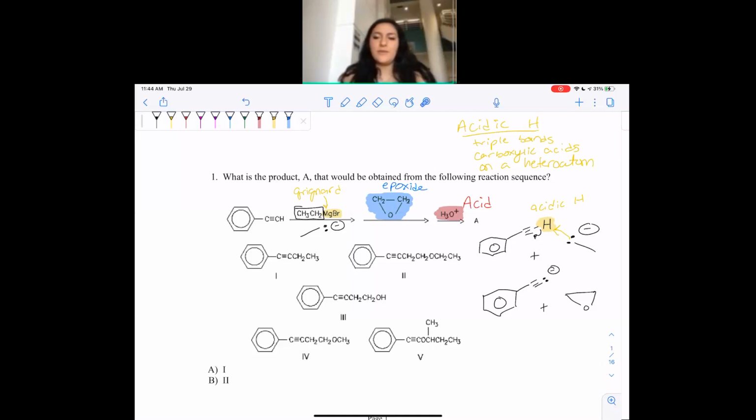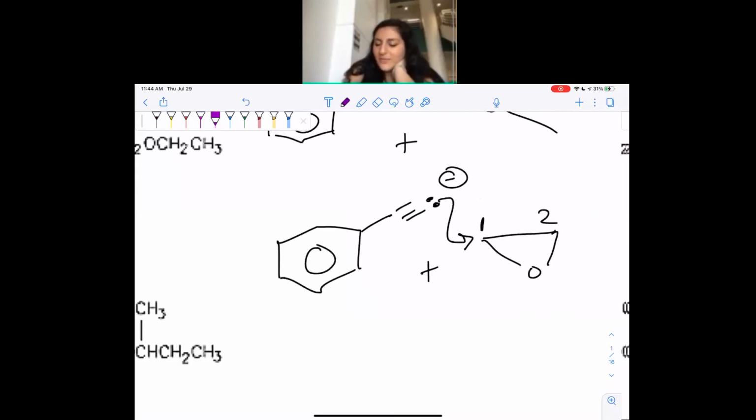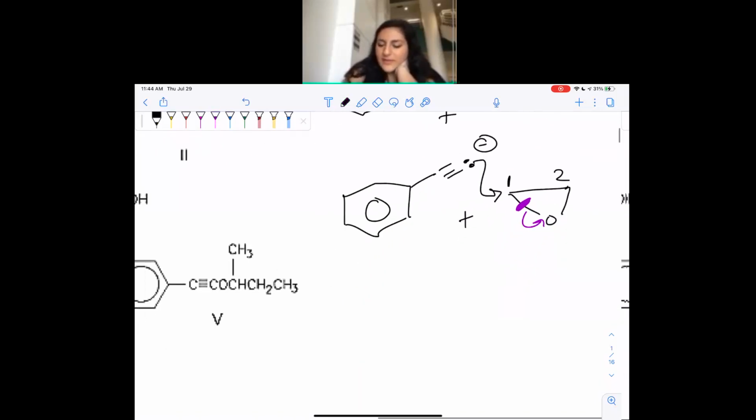Let me restate that: does it matter which side of this epoxide we are going to attack when we break it open? No, exactly, because they're exactly the same. So I'll number 1, 2, just so I can keep track of things. We attack, bam, and whichever side we attack, we break that bond to oxygen. So this gets broken, and this side opens up, and so we get